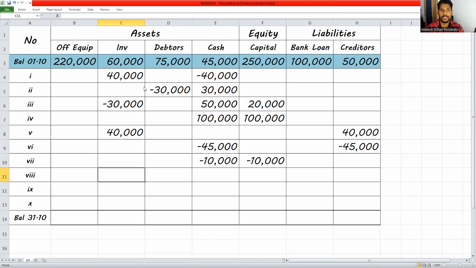Okay, good. Number 8. Sold goods valued 20,000 for 40,000 on credit. Inventory minus 20,000. It's a credit sale. I repeat, it's a credit sale. There is no involvement of cash, but that increases the debtors by 40,000. We have a profit. And that is added to the capital or equity. So I'm going to add the difference, 20,000, since it is the profit, to the